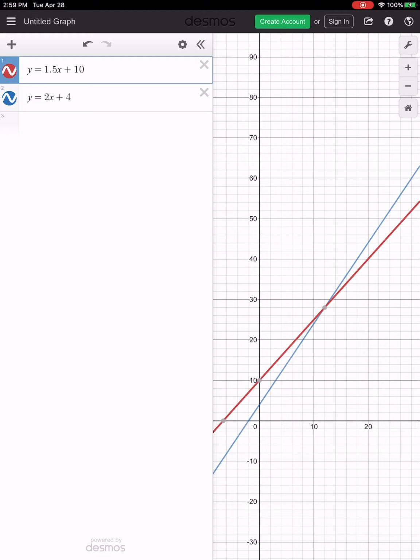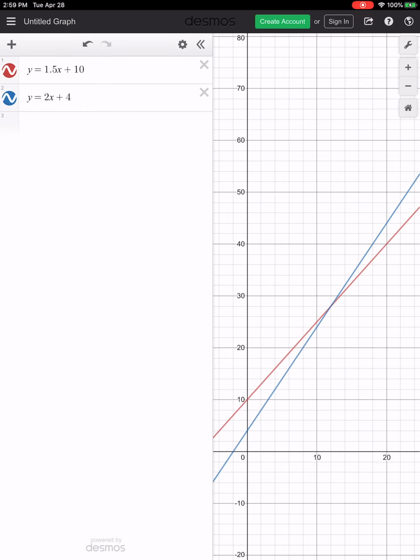I can click on the red graph, and again, it does the same thing. It highlights that point where they intersect, and then if you just touch that point, it will tell you what the coordinates of it are. So this method of solving a linear system by graphing is way better than graphing it by hand. Using the technology, you can easily find the point of intersection between two lines, as long as you've got the